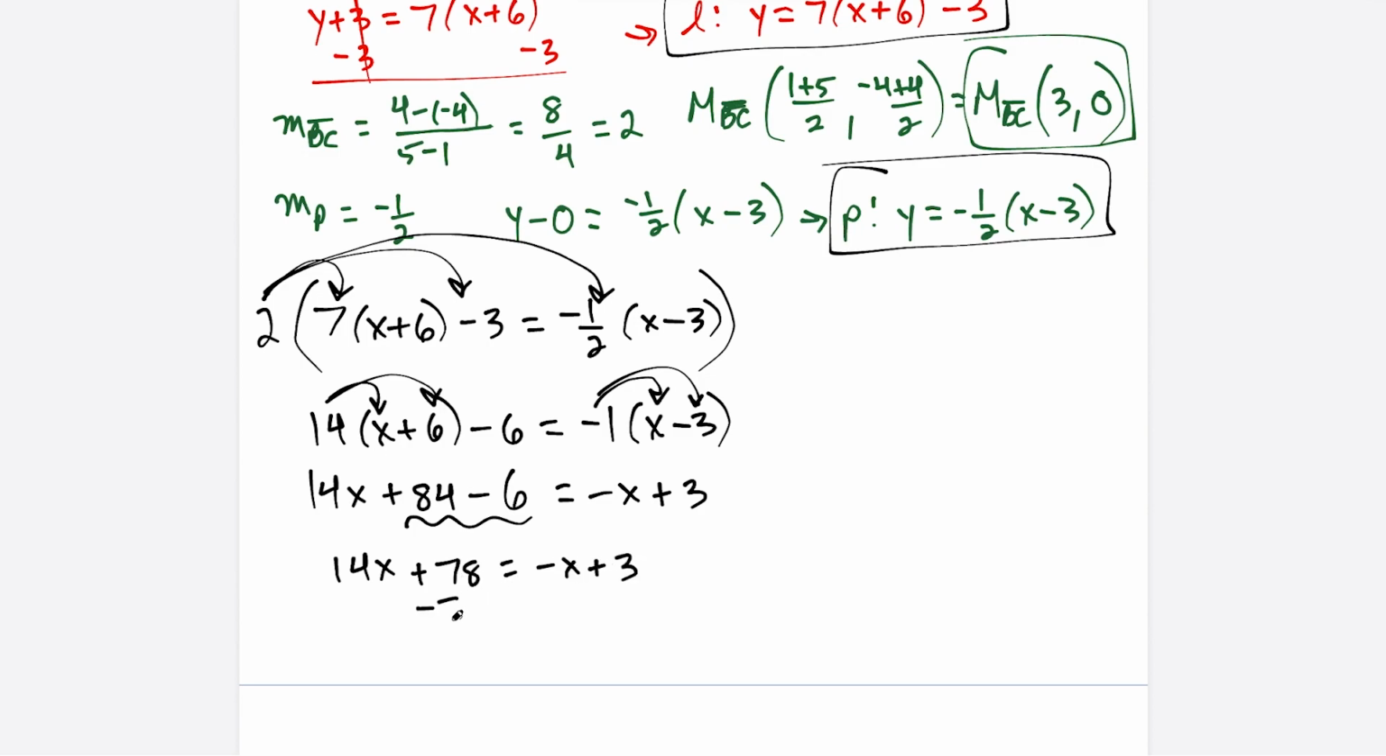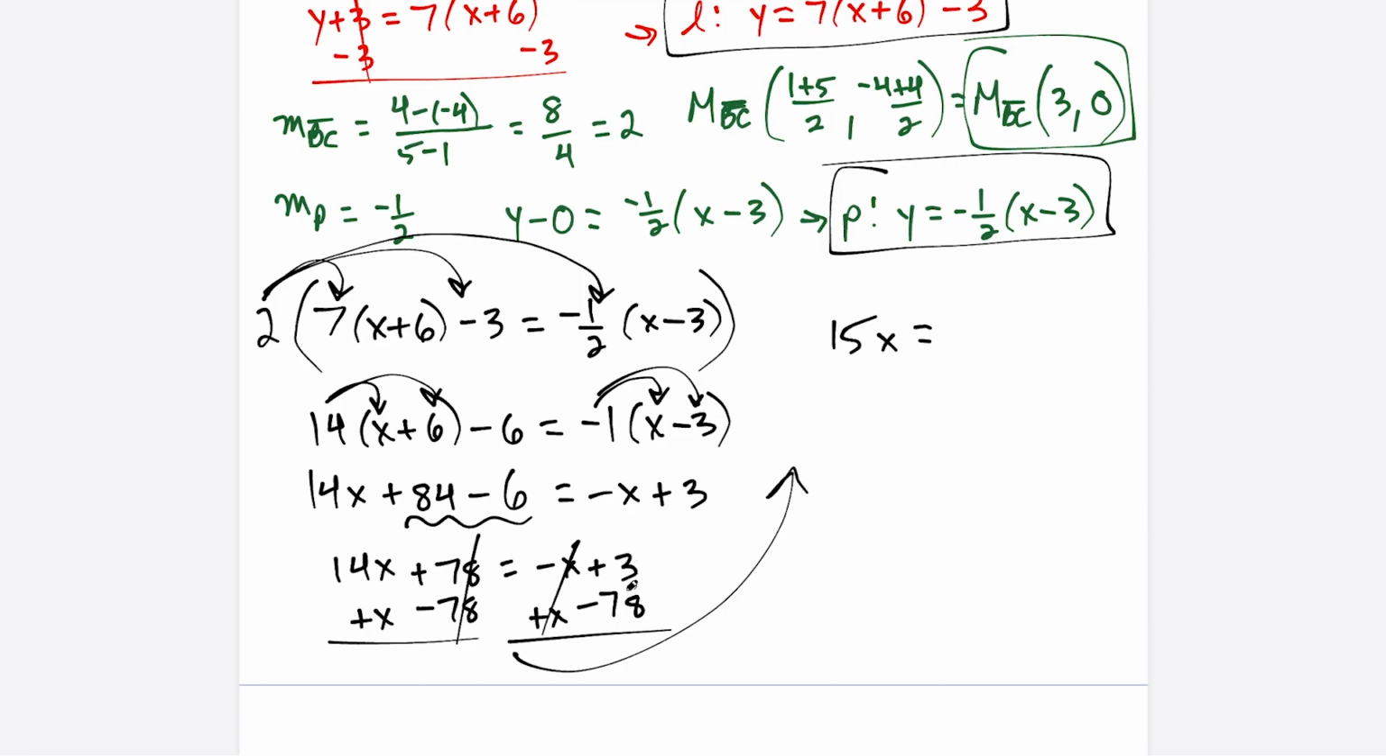And for this, I'm just going to do minus 78 on both sides. And all in one step, we could do plus x on both sides. So now we look at what cancels here. x minus x, these two cancel, and then 78 and minus 78 cancel. And I'll write the result over here. We're going to have 15x on the left equals 3 minus 78 is negative 75. So we divide both sides by 15, and this is going to tell us here that x is equal to